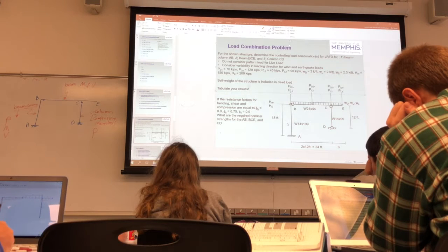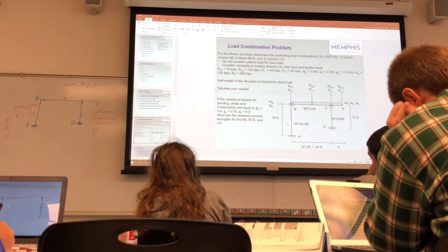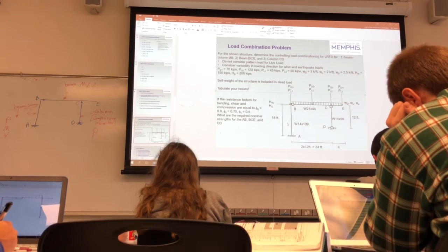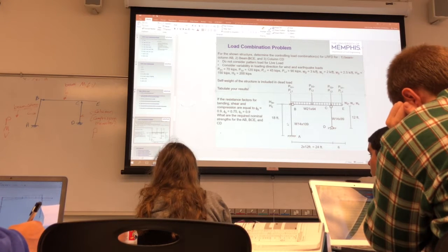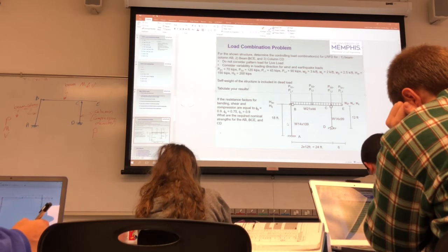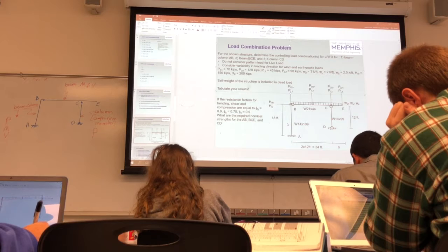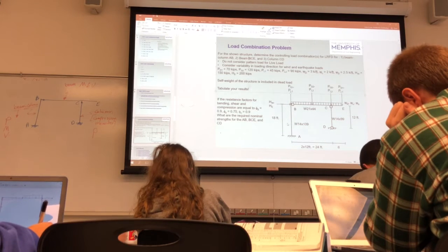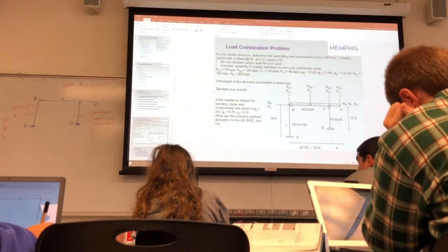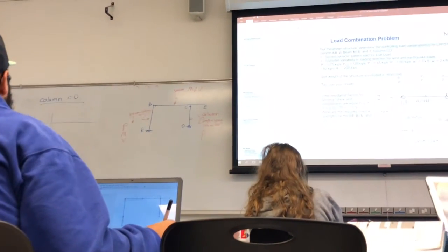So we'll deal with the easiest one. Start with the easy one, right? When we try to solve, let's deal with the column first. Let's see this column, CD. As you guys know, for this column we usually create a table to put the forces in it. So that's column CD,